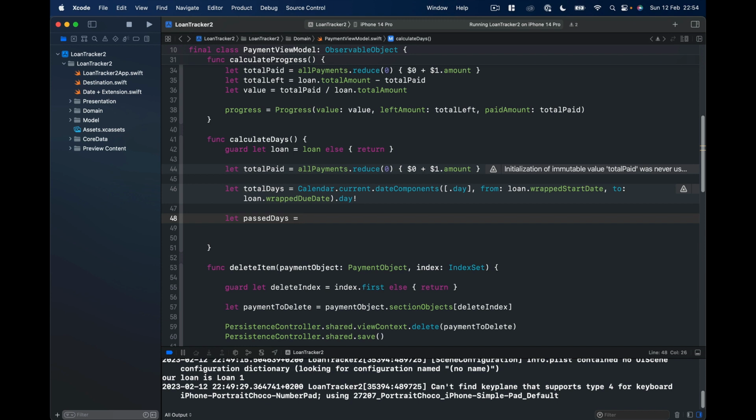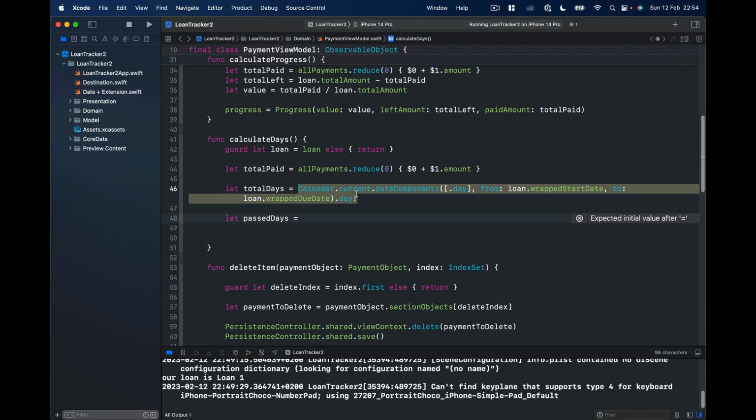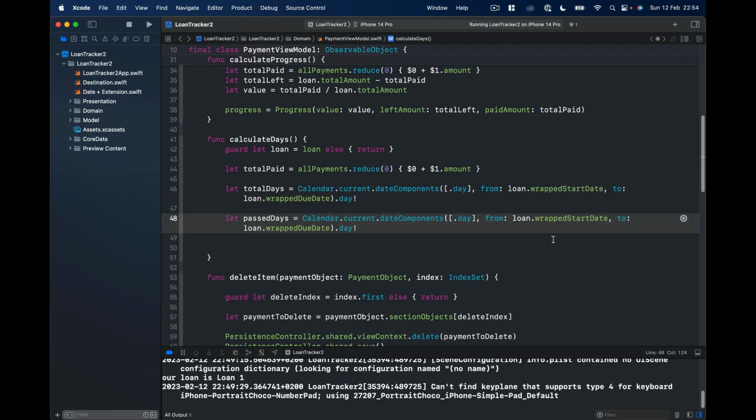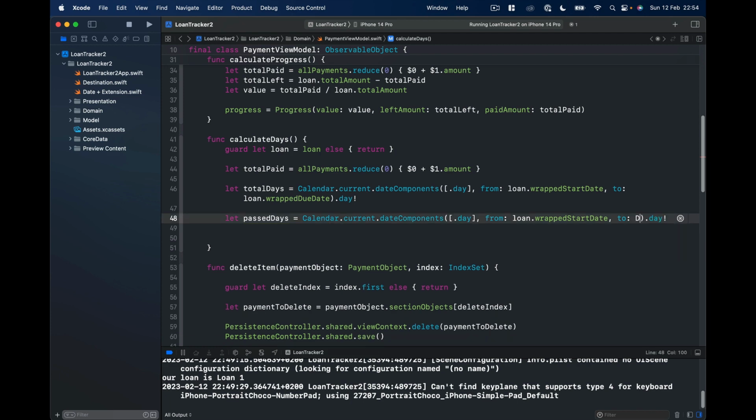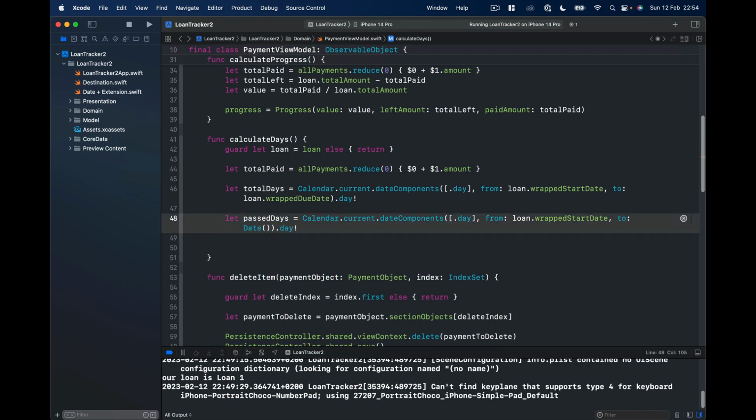Then we say let, and we need to get the past days, and this will be from the start day of our loan until our current day. So again, let me get this copy. Loan start date, and this will be date. Okay, so we know how many days is total duration and how many days have already passed. And now we need to,